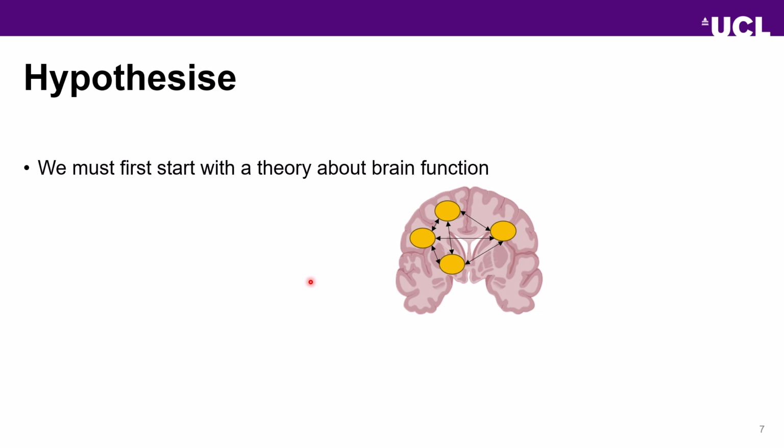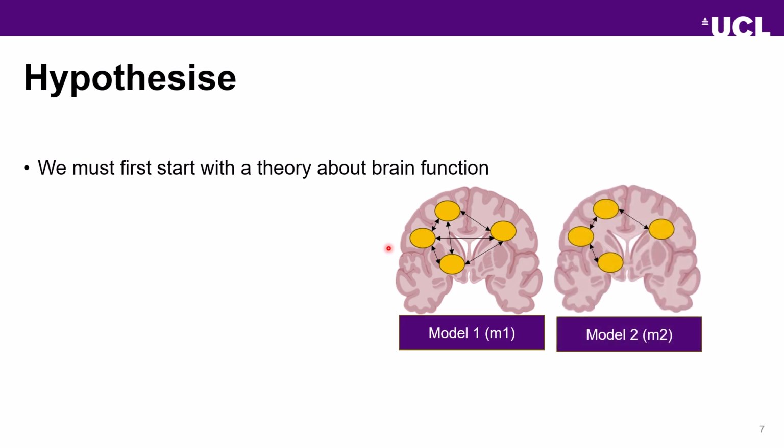So if you're really confident about your model, you may wish just to have a single model, solve the inverse problem, and get your connectivity, and perhaps do some simulations or generative modeling based upon that. However, a lot of the time, we have multiple hypotheses, and we're looking for the best explanation of the data we've collected. So if I have this, and this is model 1, and then I have another theory about how whatever function I'm investigating works, I can call it model 2, and perhaps it looks like this.